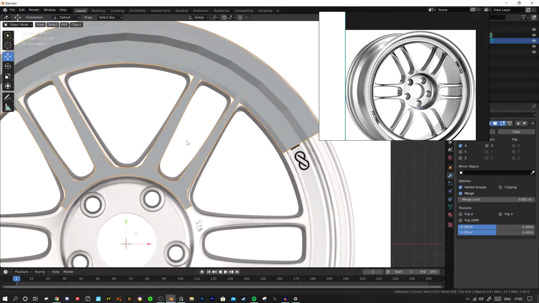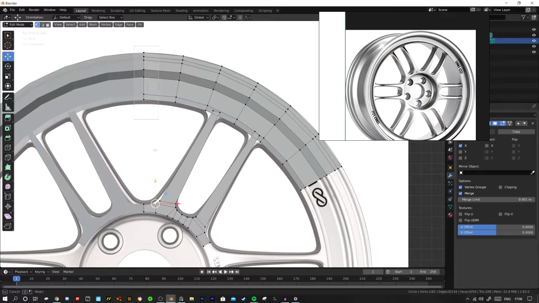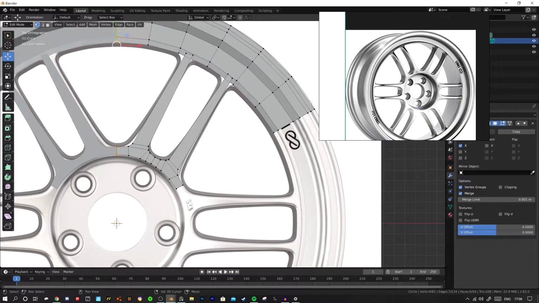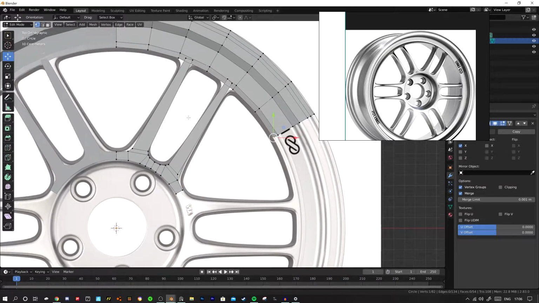Alright, it's looking quite good, I would say. You want to keep the outer ones, so you want to keep these ones and these ones here. You want to keep them at certain angles so that they all line up when you go to, you know,